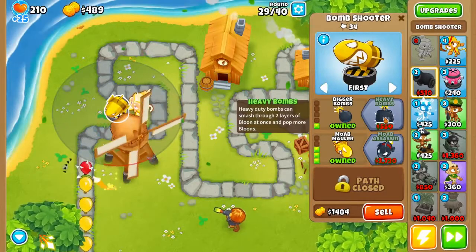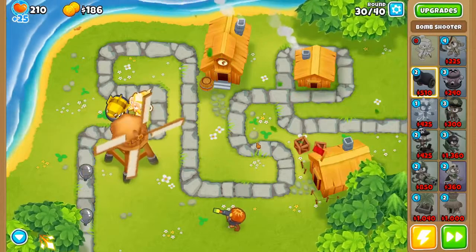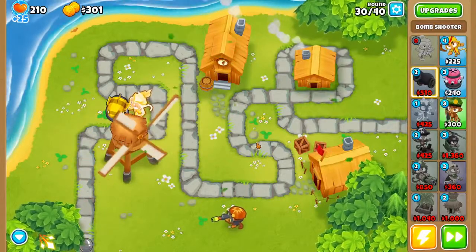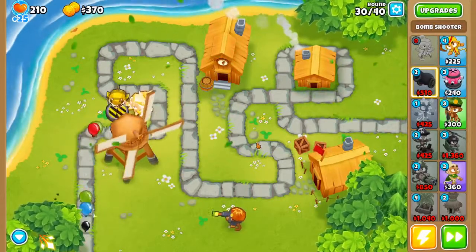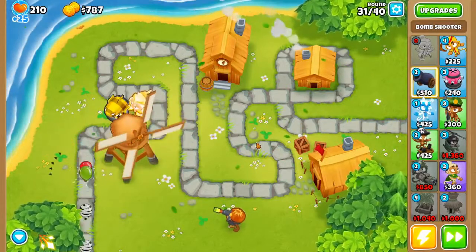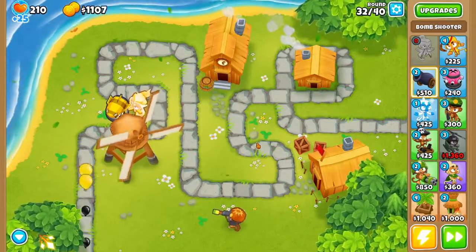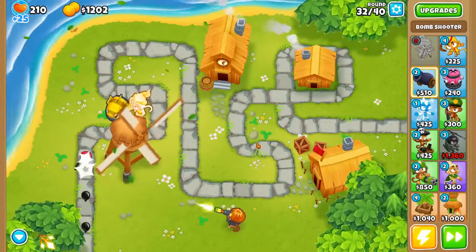So now we'll just have to wait for us to churn through the 10 rounds that are left, but not a big deal. With that being said, we did hit level 70 on our account, so we did get another monkey knowledge point. I've basically gotten all the magic monkey knowledge points that I want, but